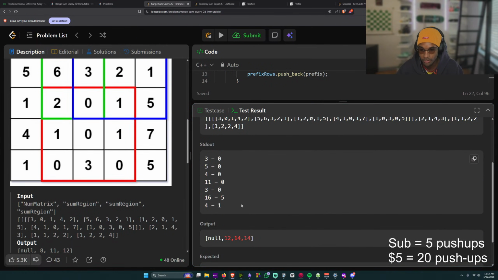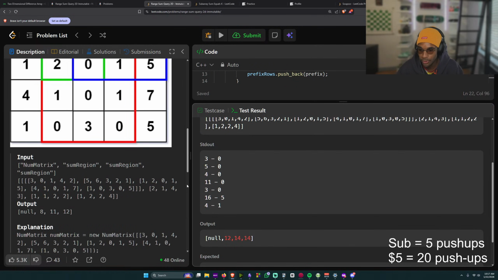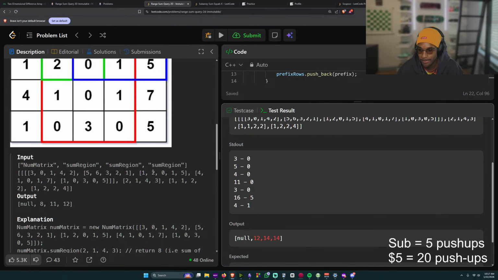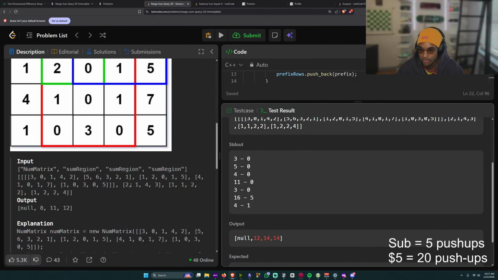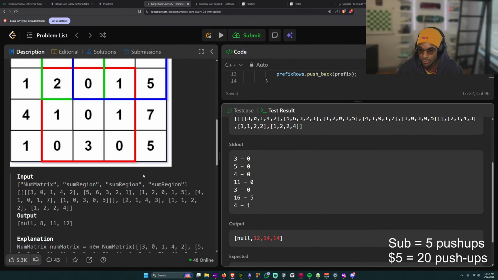Okay, beautiful. The first query is row 2, column 1, and you want to go to row 4, column 3. So we need to get the prefix sum of